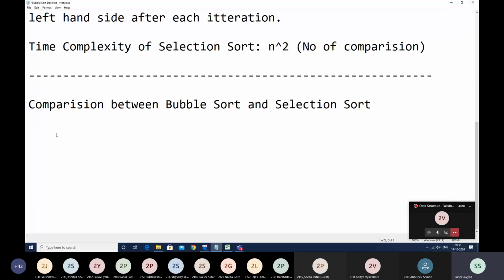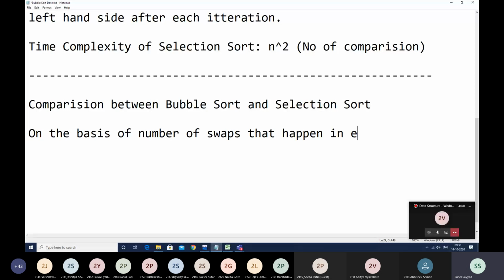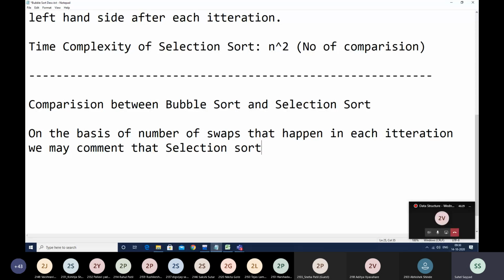Iterations are the same, right? So on the basis of the number of swaps that happen in each iteration, we may comment that selection sort is better than the bubble sort technique,